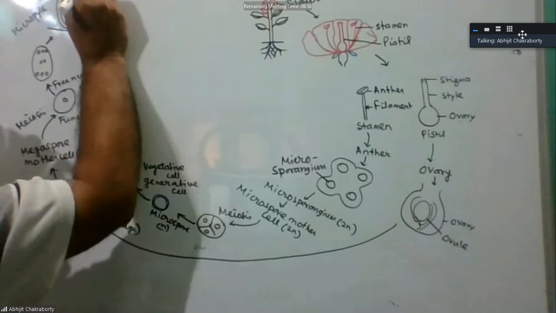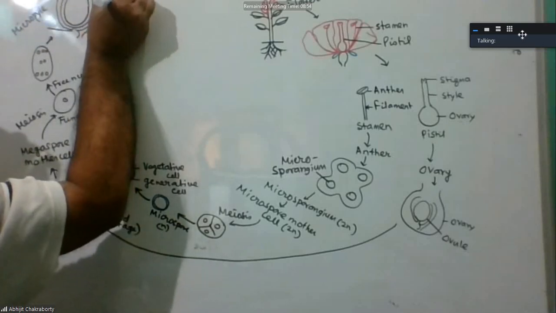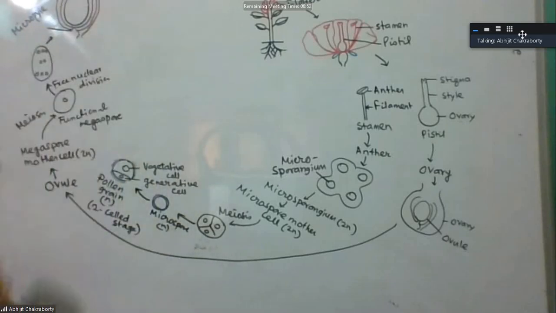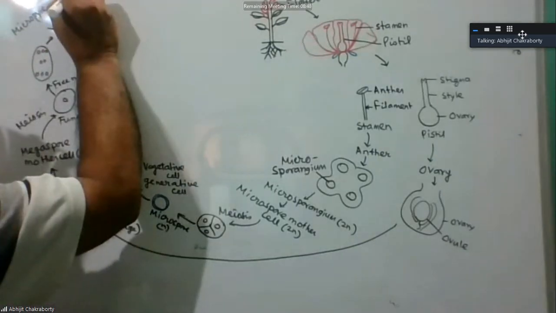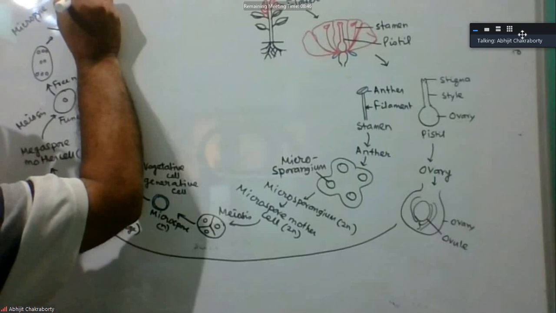This end is called the chalaza. The three cells produced at the chalaza end become